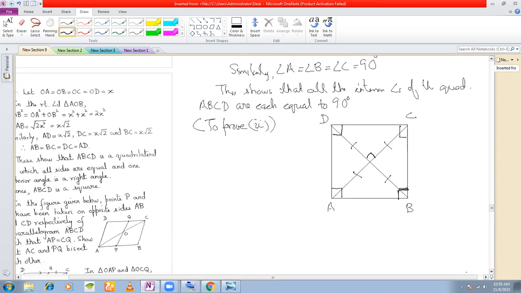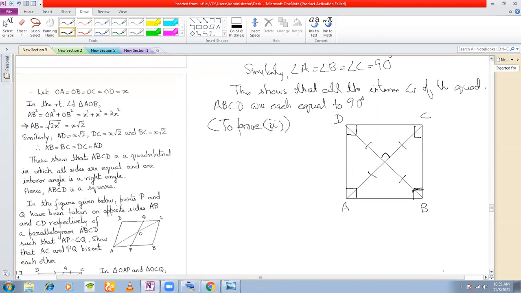Sir, we have got that all the interior angles are 90 degrees and the diagonals are also of the same length. So we can conclude that all the sides are equal. No, there is no direct conclusion. From which theorem or which axiom can you say that the sides are equal? Is there any theorem which states that in a quadrilateral, if each interior angle is a right angle and the diagonals are equal in length, then all the sides have to be equal?